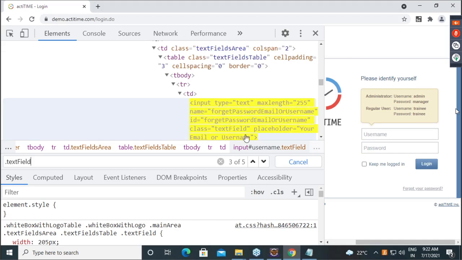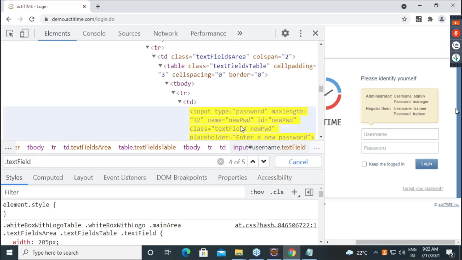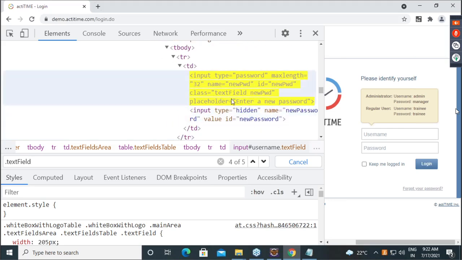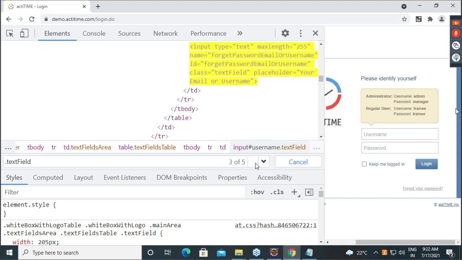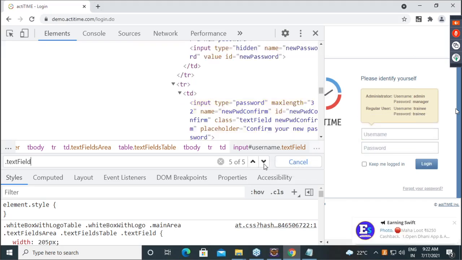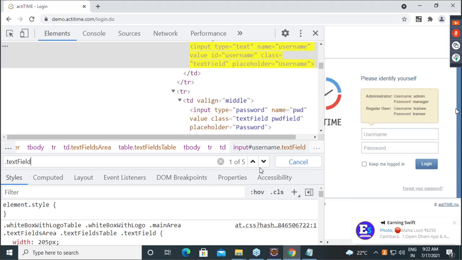Then forgot password, and maybe some other hidden things, new password, new password confirm. So text field is available everywhere. By itself, it will perform the action on the first match. Is everyone clear? See, my concern is not about uniqueness here.